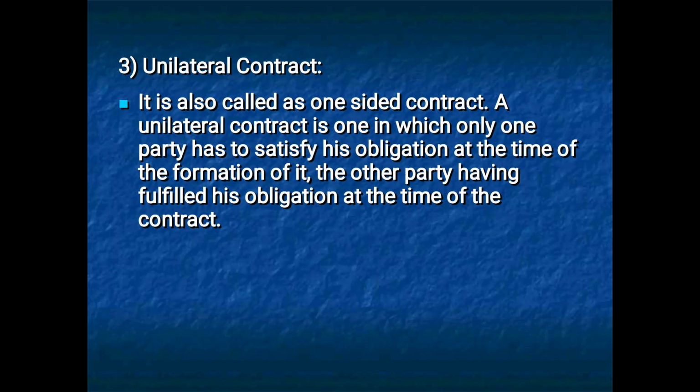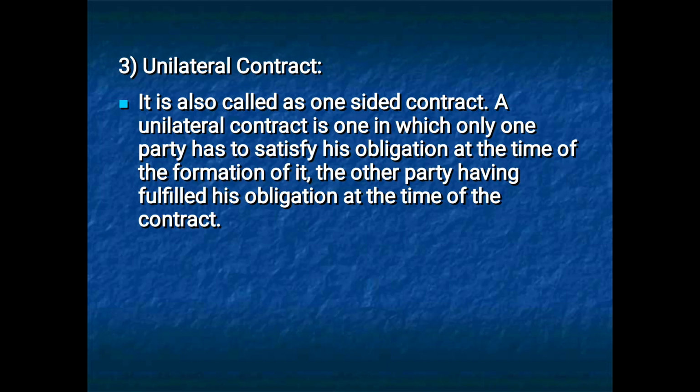Third one, unilateral contract. Uni means one. It is a one-sided contract where one party performed its obligations and the other party has to perform its contract after some period, that is in near future. Sometimes in unilateral contract there may be a one-sided promise by the offerer to the acceptor. If the offerer promises to pay or render services in near future and the acceptor also accepted that, then it is called